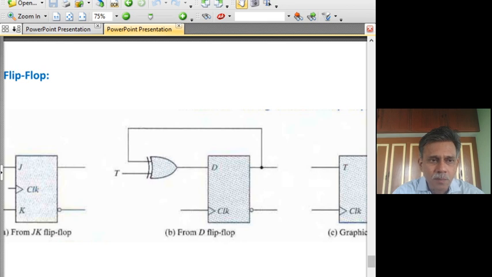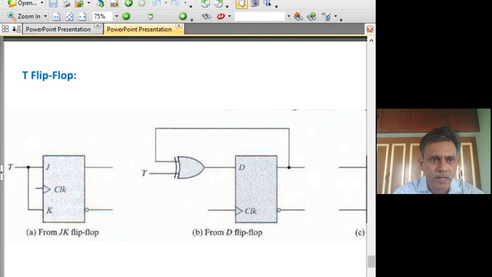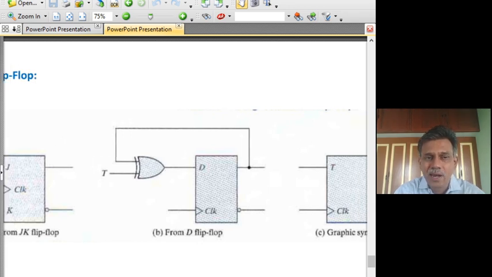Now it is possible to construct one flip-flop from another flip-flop easily. Suppose you have got a JK flip-flop, we can construct a T flip-flop by tying both the inputs J and K and treating them as only one input and calling it T. Well, if we have a D flip-flop, you can construct a T flip-flop by first constructing a JK flip-flop and then tying the inputs. Alternatively, you can just use the characteristic equation of the T flip-flop and construct it.